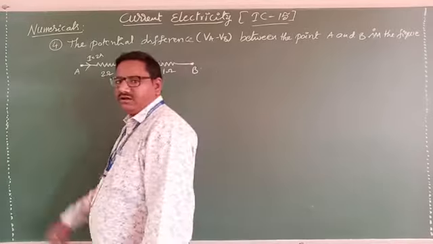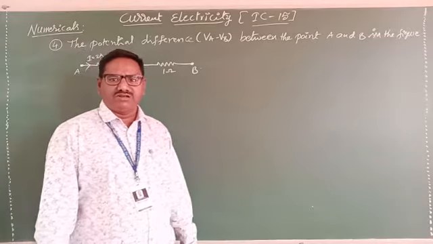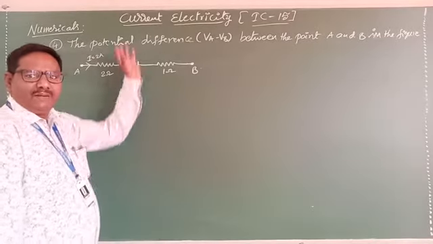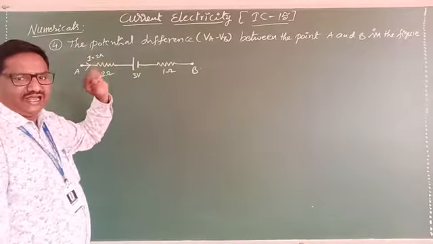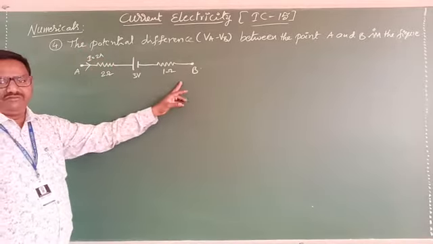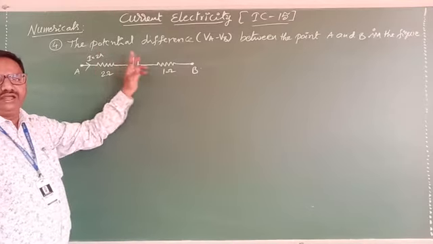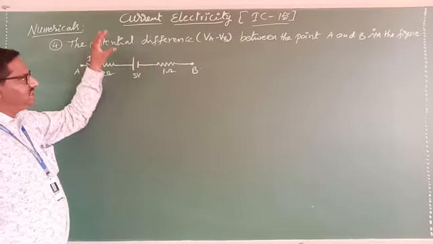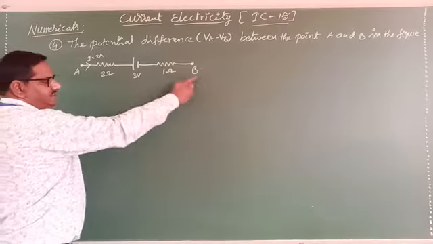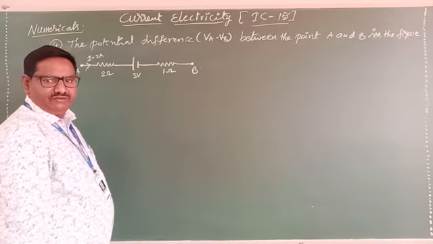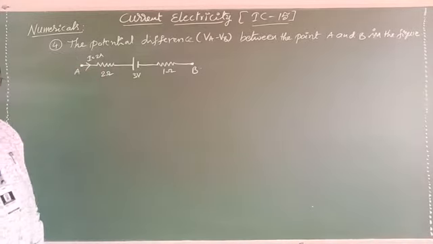Now see here, by applying Kirchhoff's first law yesterday in the video, we solved some sums. Now by applying Kirchhoff's second law, here we have a small circuit. Between A and B we have two resistors with one cell, and a small current flows in it. They are asking to find the potential difference between points A and B, VAB. That is nothing but VA minus VB.